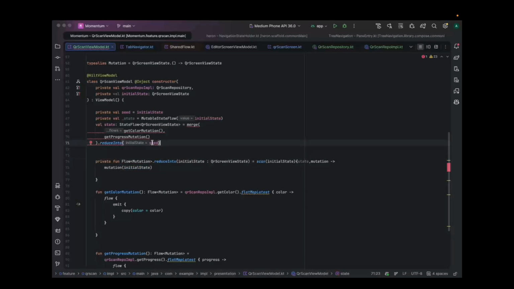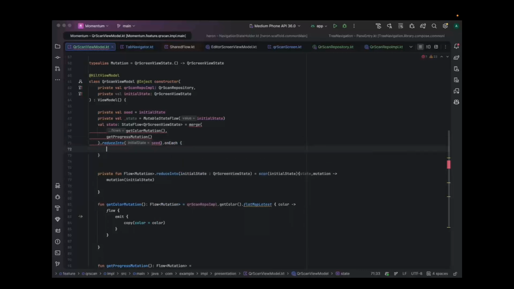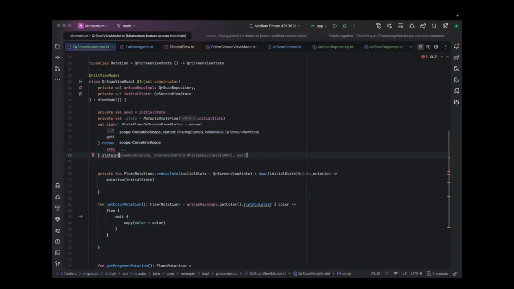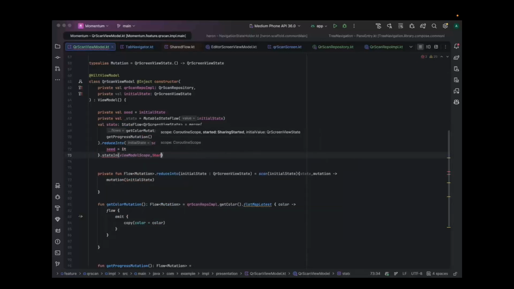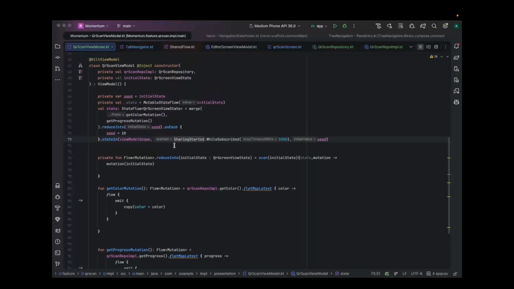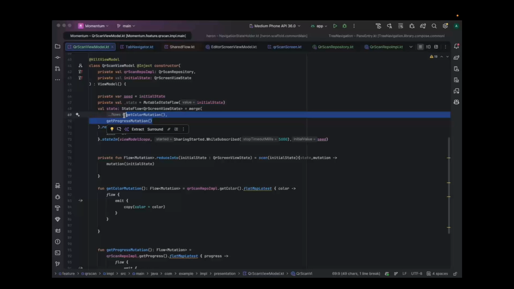Then it will return the state flow, and on each emission we will update the seed, and we need to convert the flow into a hot flow, so we can use the stateIn operator here. Now we can put all these mutations in the merge, and we can track all the mutations